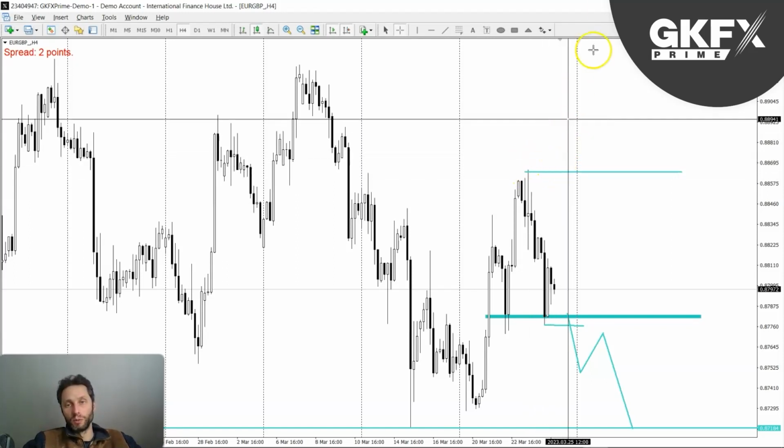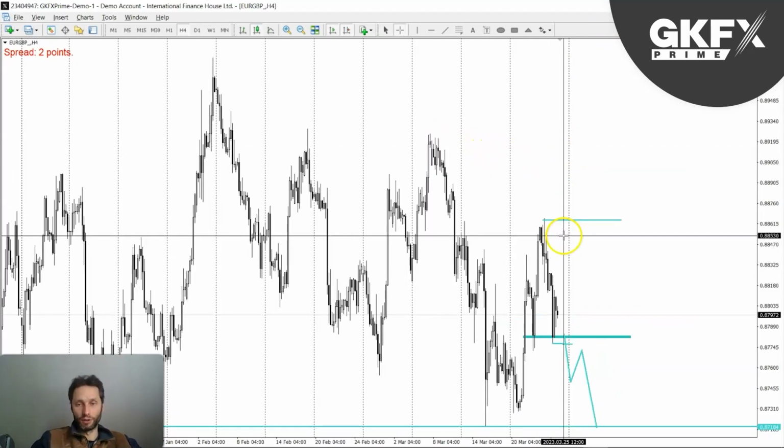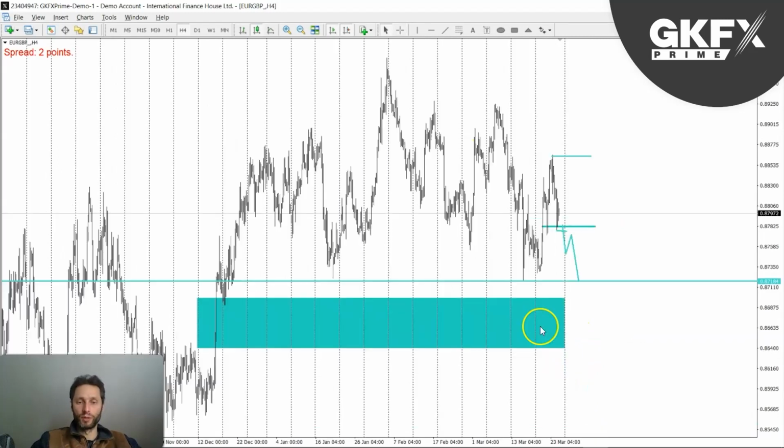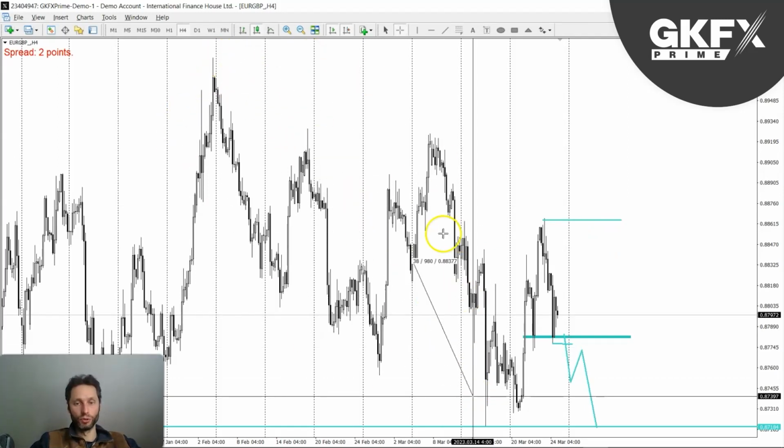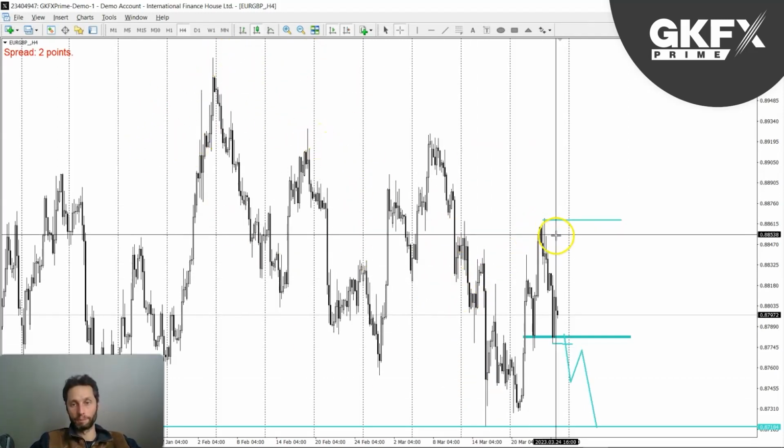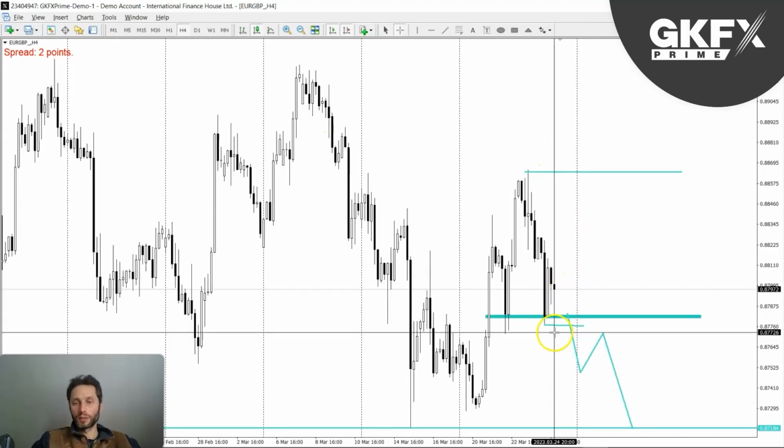breaking beyond this would mean further upside, or likely further upside, and the idea to the downside to reach into here would then be invalidated. I would have to leave it out and reconsider the whole thing once again next week, because we may just be going back into this huge range that we've got up here. That's what I'm looking at.